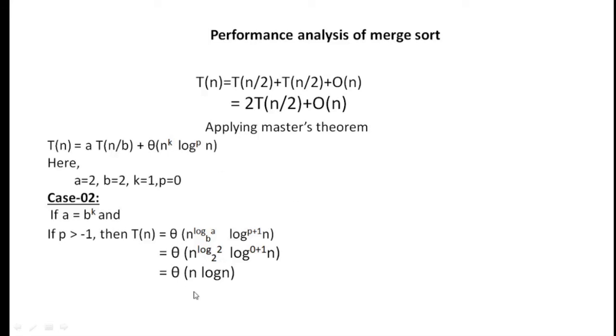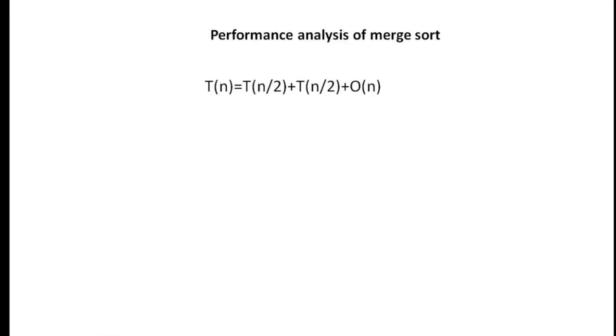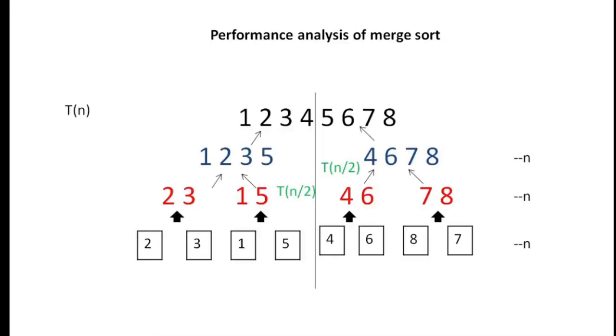Anyways, this is the time complexity of merge sort, and this is the time complexity in the best case, average case, or the worst case scenario, and all of them will take the same time, be it ascending order or descending order, if it is having the same number of elements, it is going to take order of n log n, not more than that, because all that we have to do is to divide this part and then merge it. So whatever the number of elements, it is going to take the same time complexity, order of n log n.